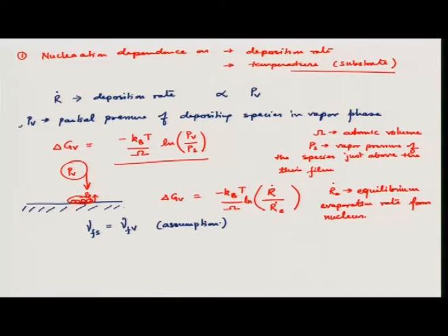Now, when we put this delta GV in the form of R dot and RE dot in our previous equation of delta G, right. If you recall, we had an expression of delta G as a function of radius, delta GV and gamma Fs, gamma Fv and gamma Sv, contact angle theta, right. So, we had this function which we had discussed in the previous lecture. So, we replace delta GV in that by this, okay.